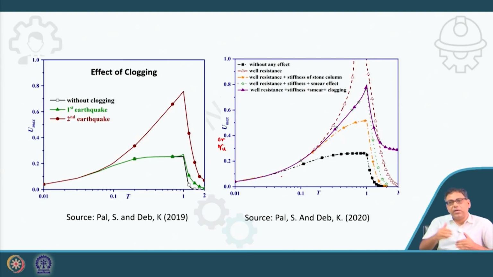But during the earthquake, this small period, it is not getting sufficient time to clog. So that means that during the earthquake, the stone column clogging is not that significant. I am not saying nil, because there is still some dissipation of the pore water pressure, but that is not significant. But if you see after the earthquake, t greater than 1,